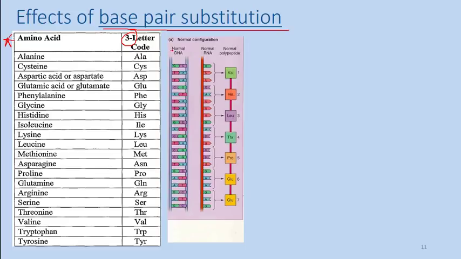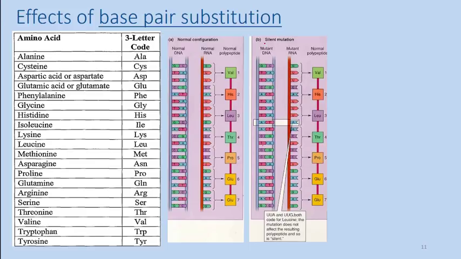So if you're looking at this normal DNA sequence here, here's the normal mRNA sequence. And it's going to form a normal polypeptide. So you can see this codon is going to code for valine, this codon, and so on and so forth. And then it produces this beautiful polypeptide chain that was originally designed by the DNA within our nucleus. But if we look at another example,